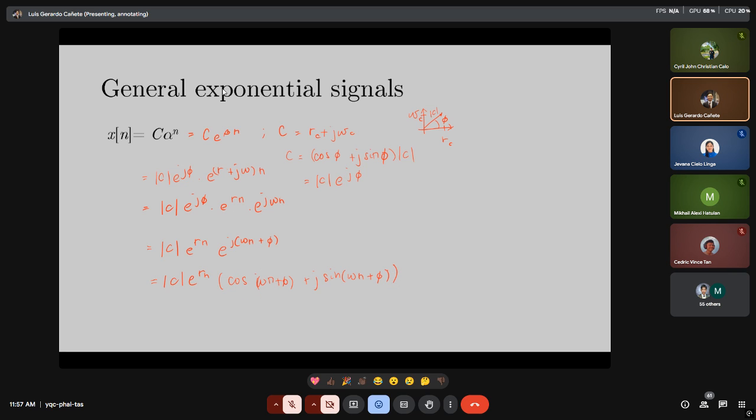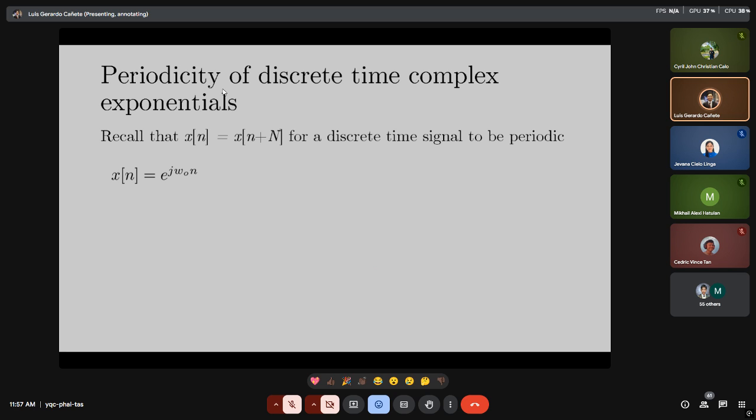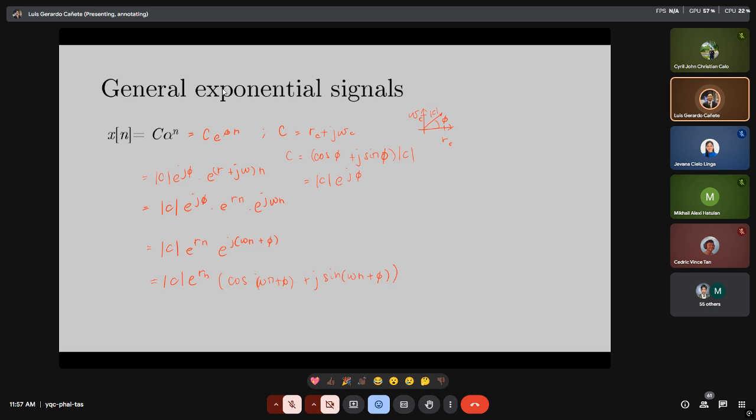We're really isolating the part where we have discrete time sinusoids, because they do happen, especially when the real part right here is zero, or when C is just a real part, and then